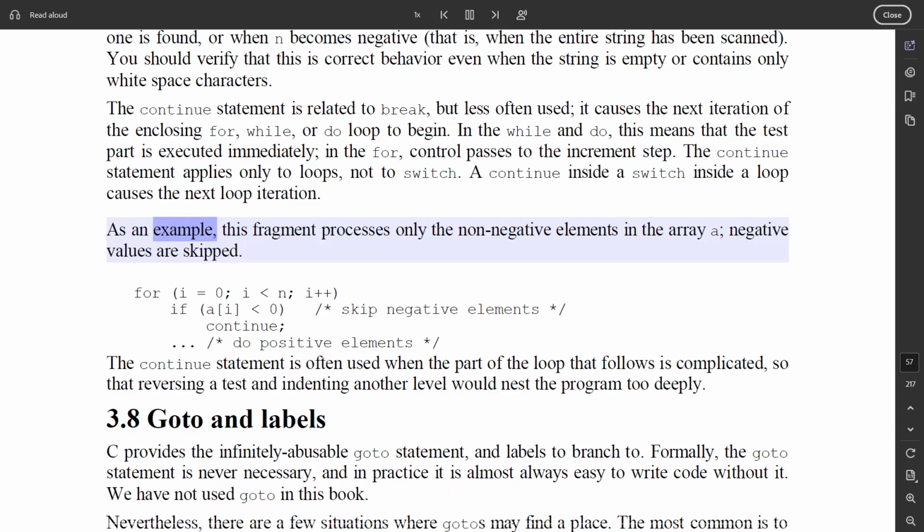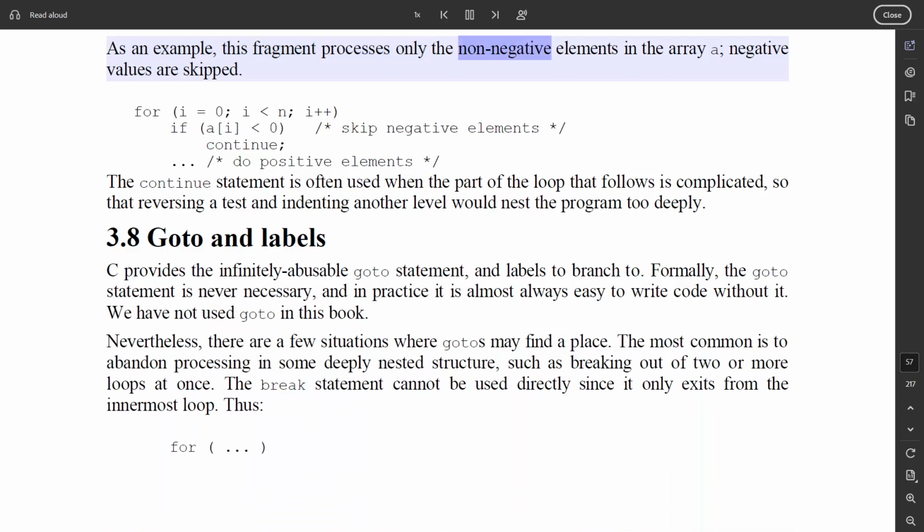As an example, this fragment processes only the non-negative elements in the array a; negative values are skipped. for (i = 0; i < n; i++) { if (a[i] < 0) /* skip negative elements */ continue;